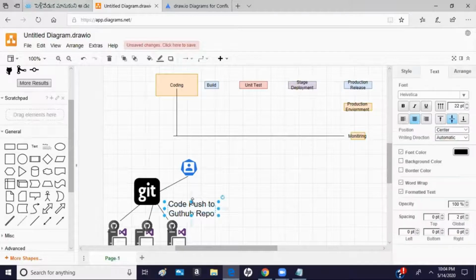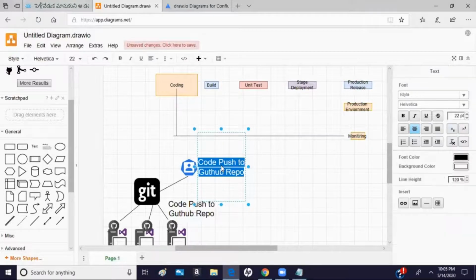Now your team leader, the TL or senior developer, whatever you name it, gets notified, so he pulls the code and merges the code.